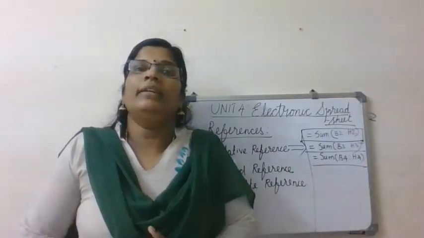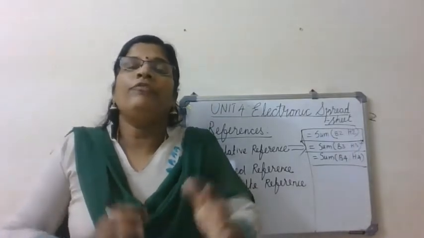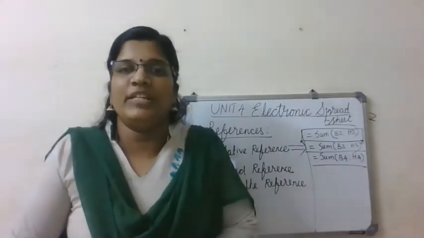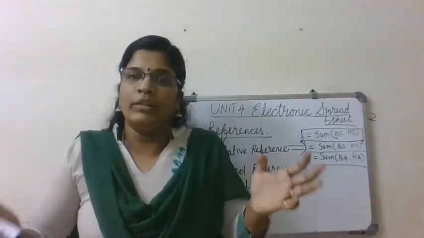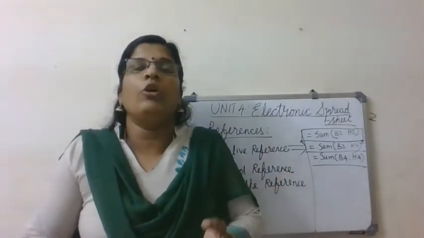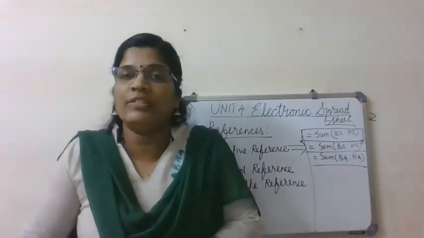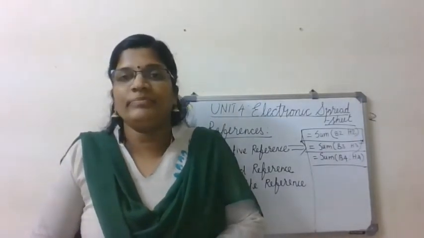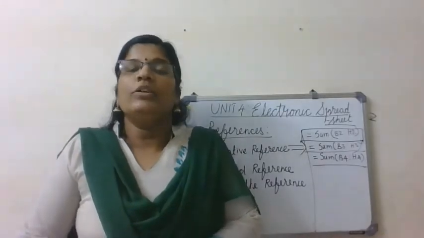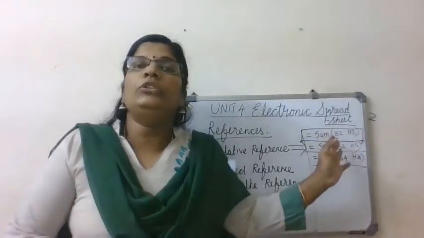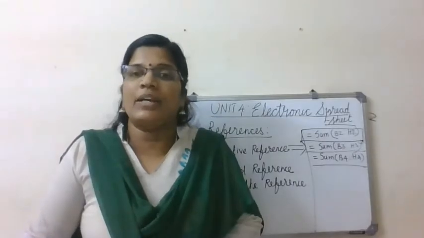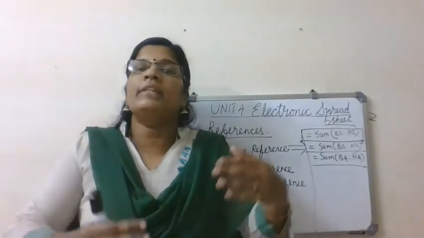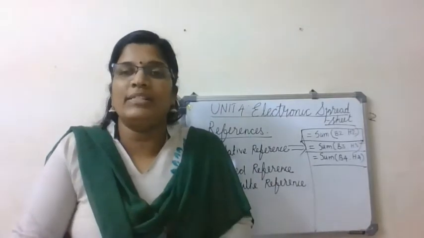Then suddenly the class teacher says that every student will get plus 20 marks for their activity, irrespective of the students' quality, how much marks they scored in each and every subject. They are providing 20 marks as a grace mark for activity. So along with the total, I want to add 20 marks, and that 20 marks is represented in one particular cell.